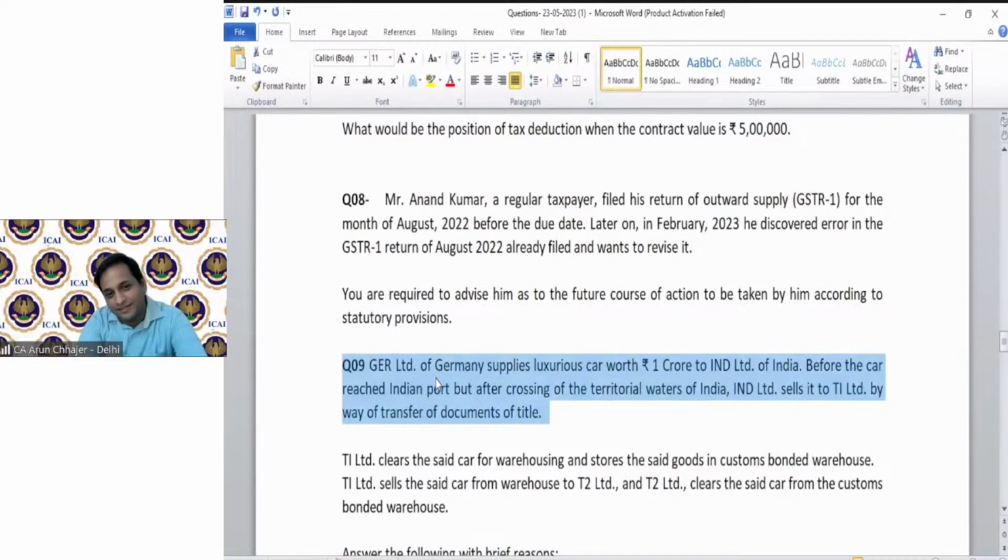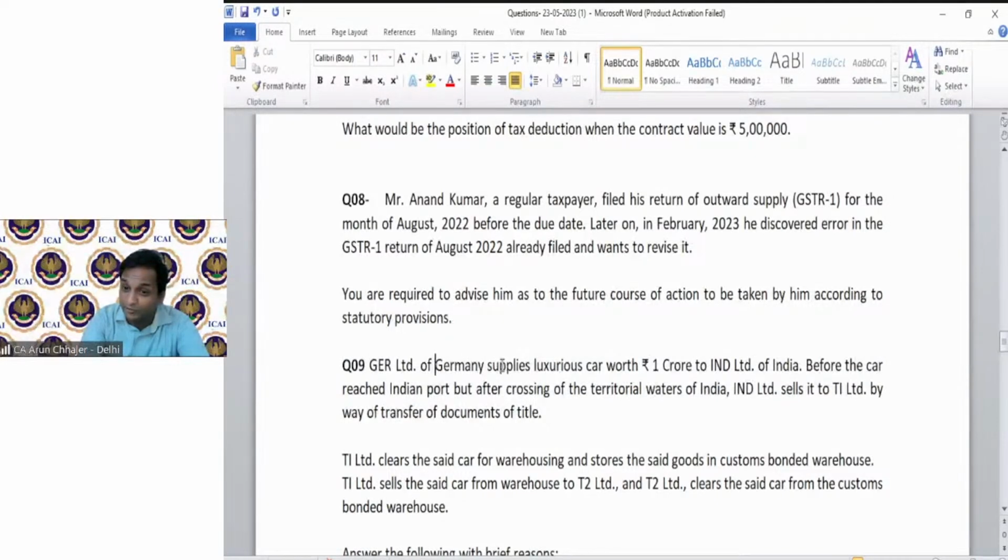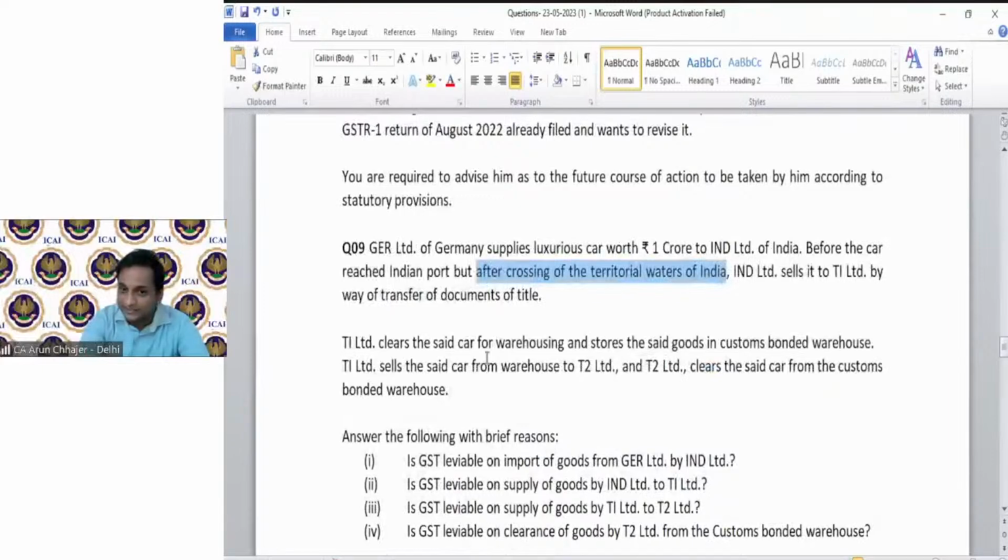GER Limited of Germany supplies the luxury car worth rupees 1 crore to IND Limited of India before the car reached the Indian port, but after crossing the territorial water of India. IND Limited sells it to T1 Limited by way of transfer of the document of title. Then T1 Limited clears the said car for the warehouse and stores the goods in the custom bonded warehouse. T1 Limited sells the said car from the warehouse to T2 Limited, and T2 Limited clears the said car from